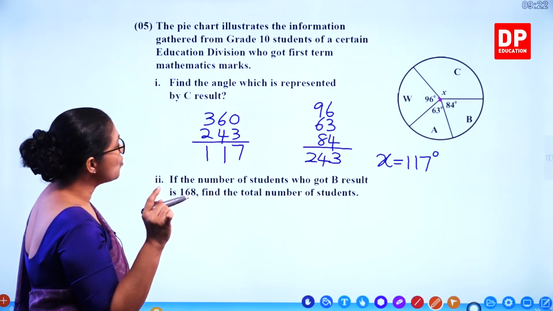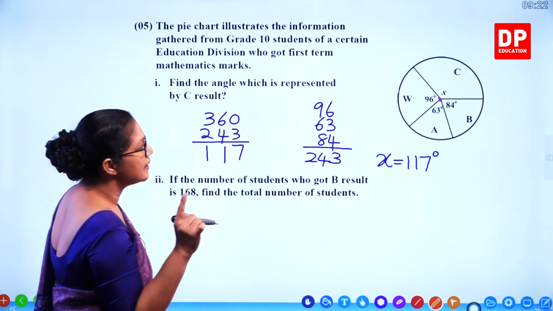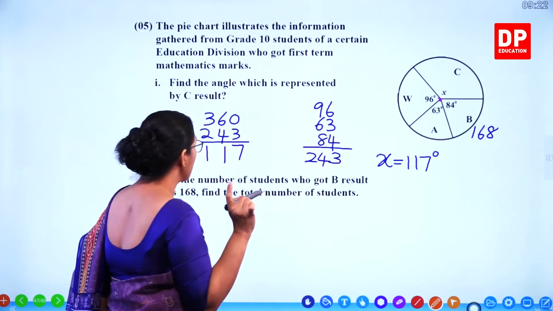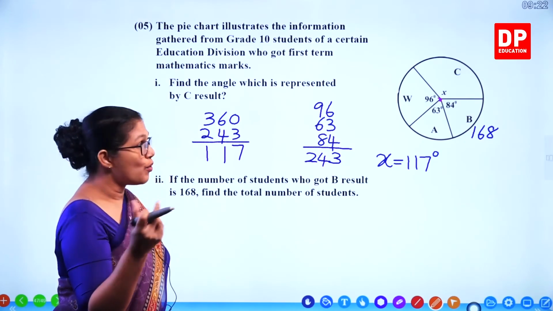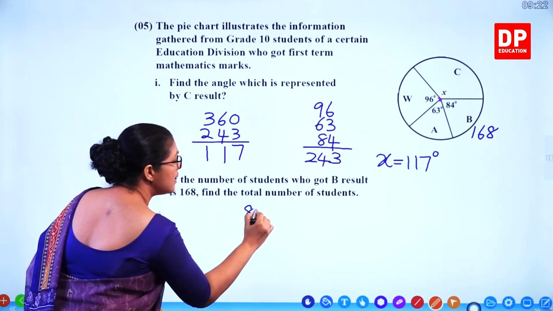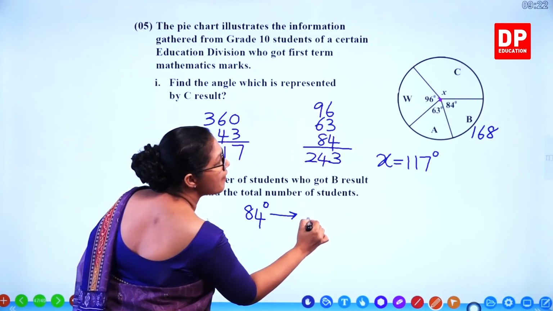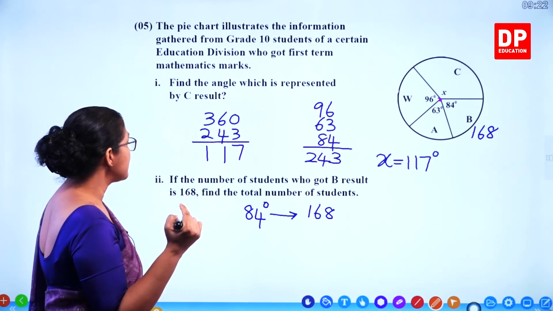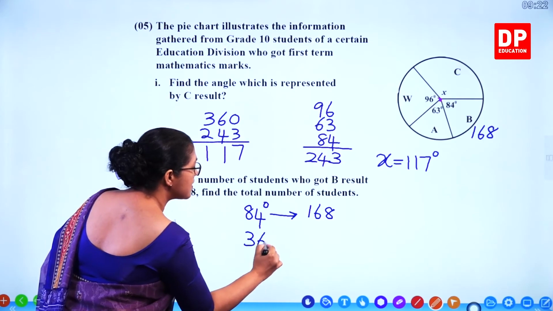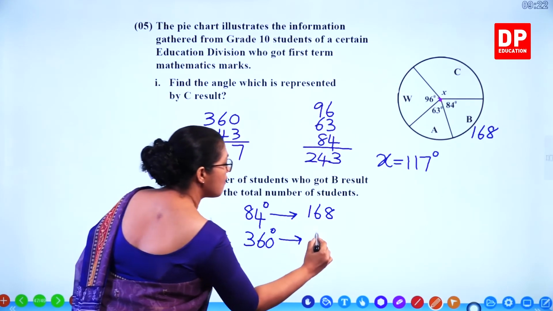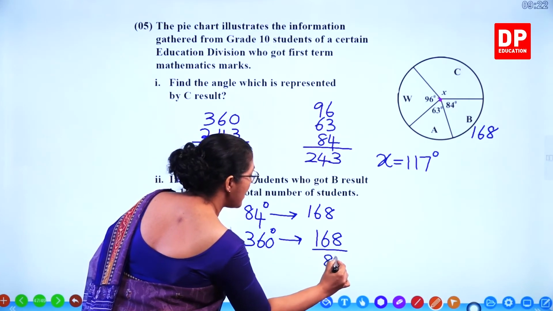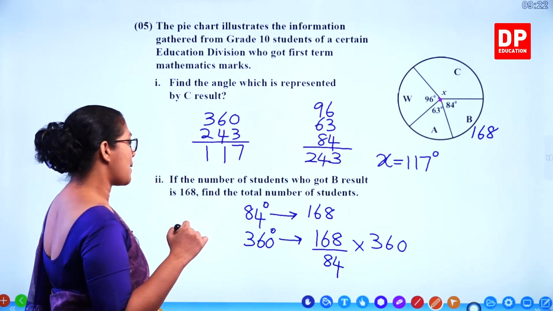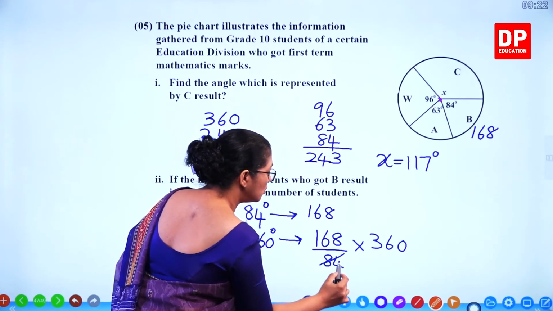If the number of students who got B results is 168. So this part is 168. Find the total number of students. So we know that it's given 84-degree angle. 84 degrees represent 168. So the full thing means 360 degrees. So 360, what's the value? 168 divided by 84 into 360. How many times? Divide by 4, 21,